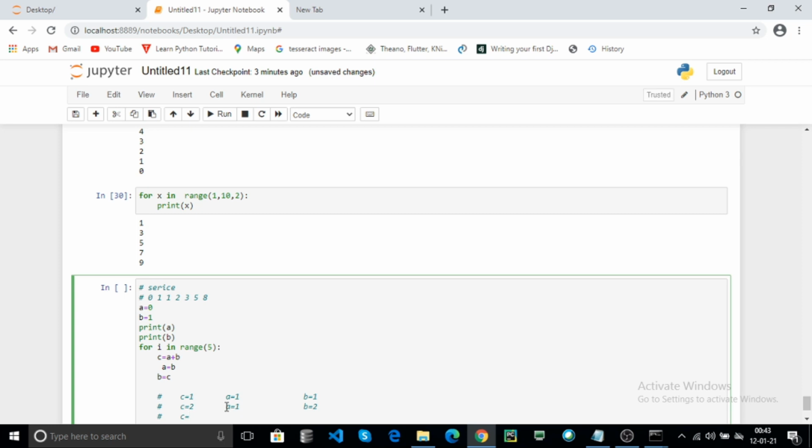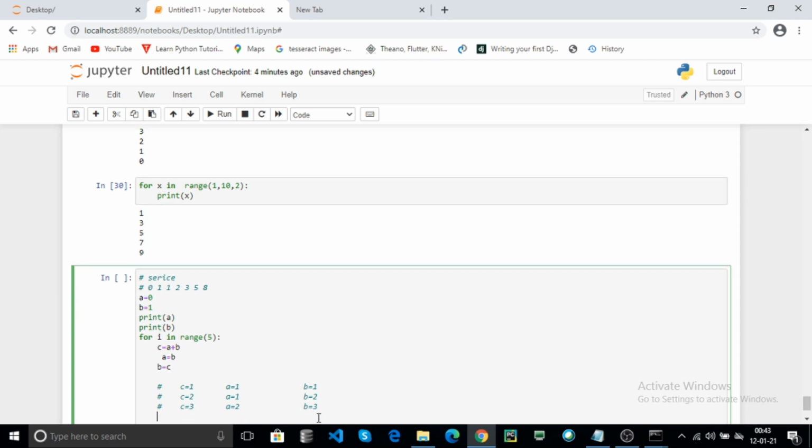A contains 1, B contains 2, C contains 3, and A takes the B value, which is 2, and B takes the C value. C contains 3.